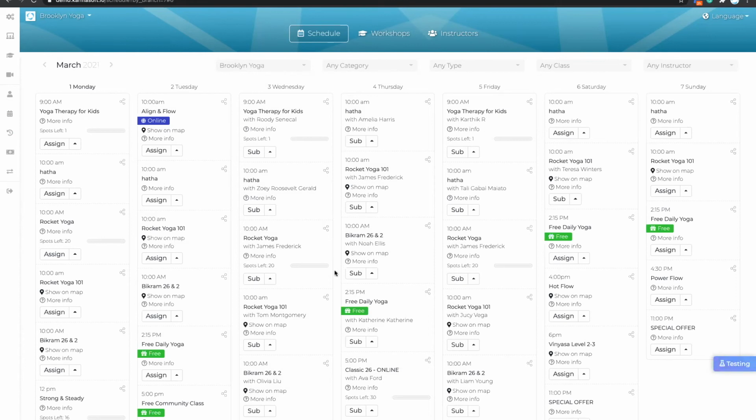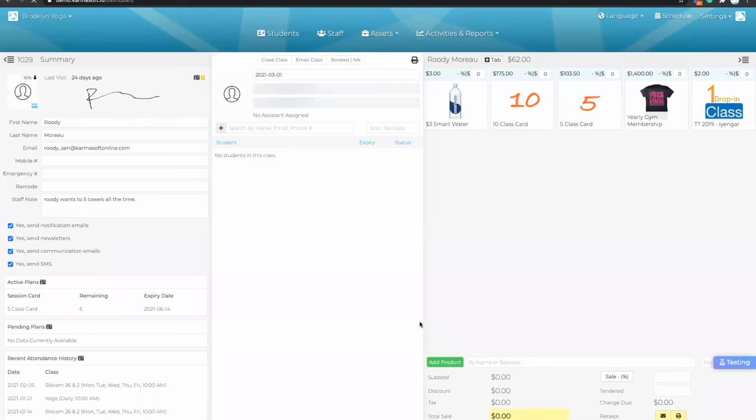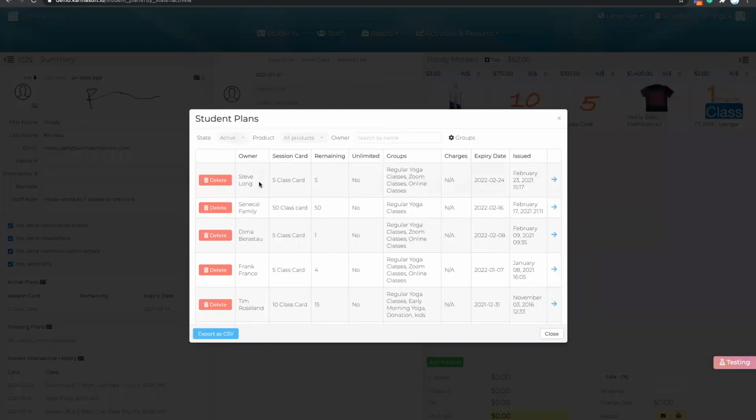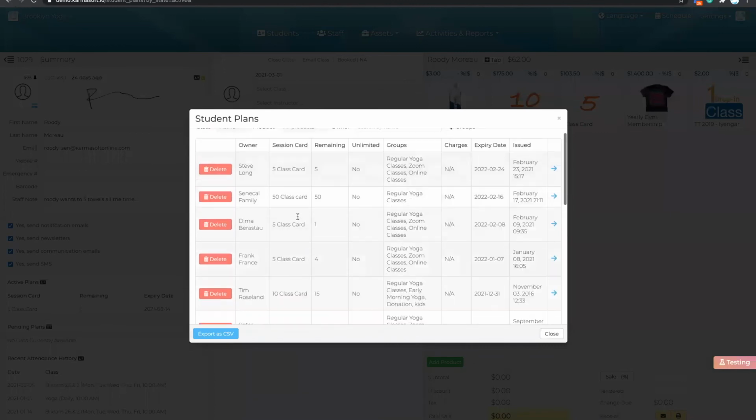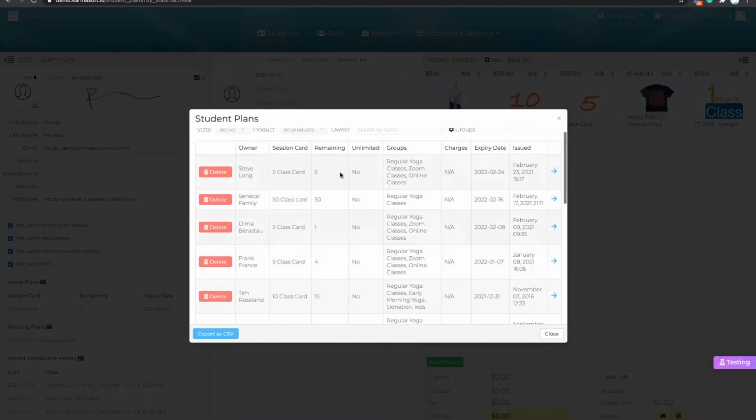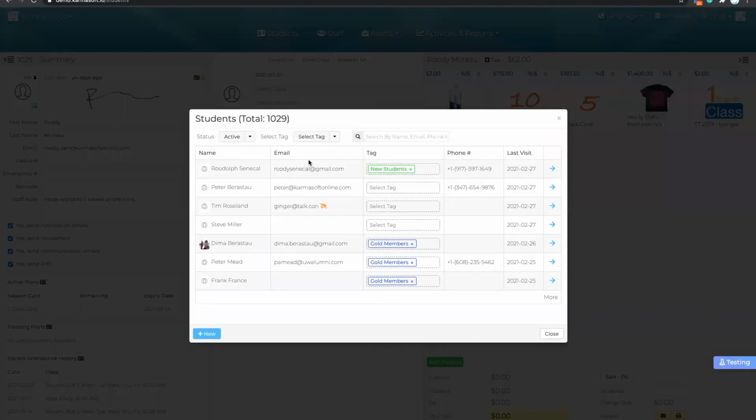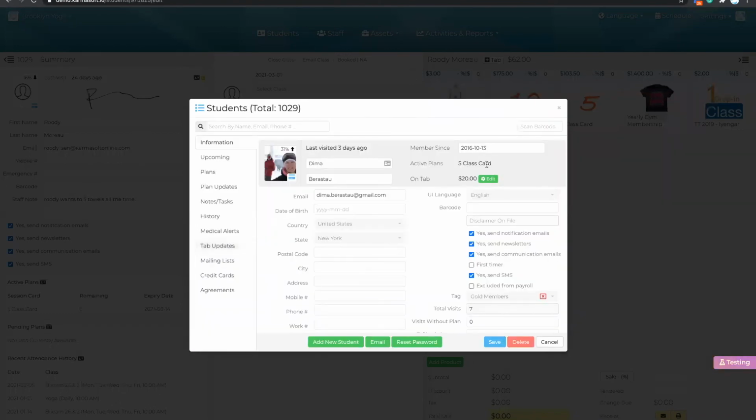Yeah, okay. So video libraries don't automatically get added to those who previously purchased a class or purchased packages, okay? I'm going to go back and show you. For example, let me see who has a package, student plans. Okay, let's pick Dima. If you go to student, and I'm going to pick Dima, this student